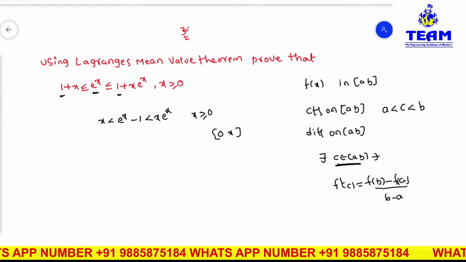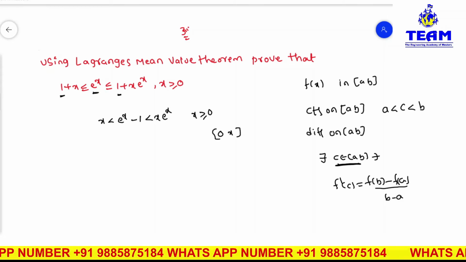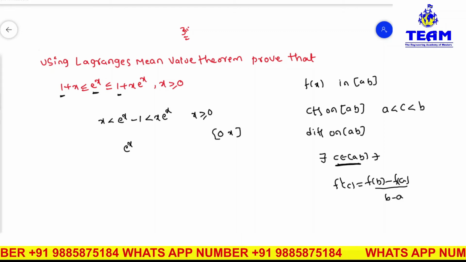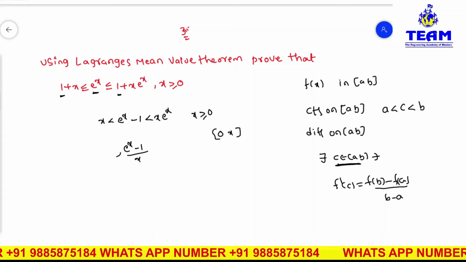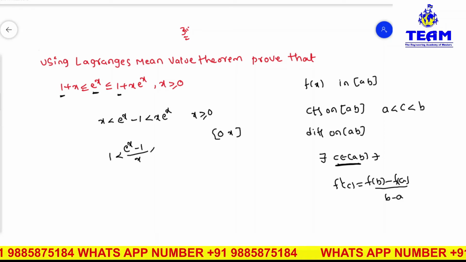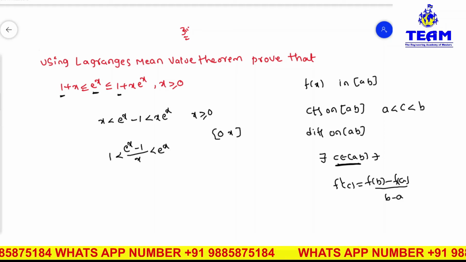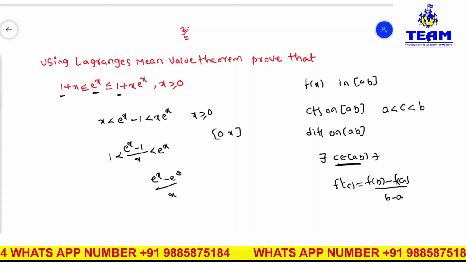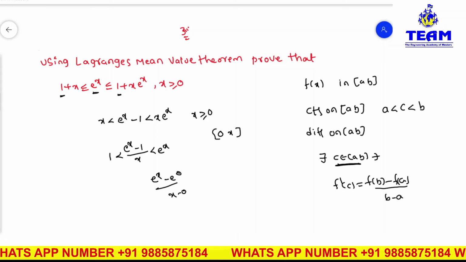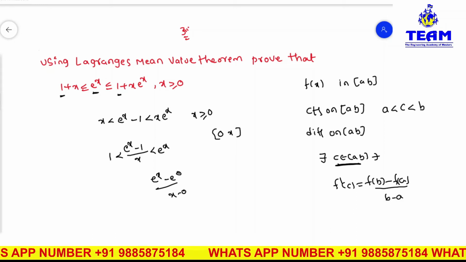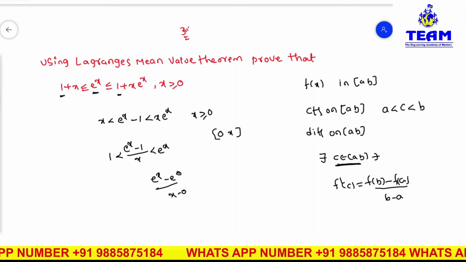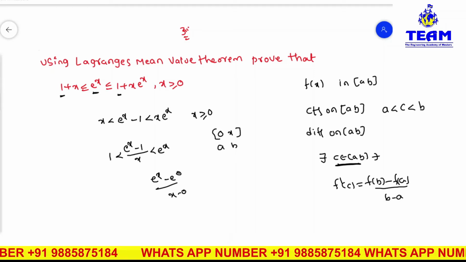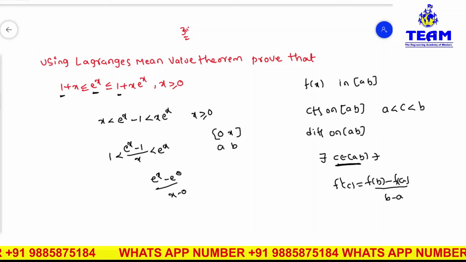Now here you observe, divide with x. Left side you have x term, right side also you have x term. So divide with x. Then you will have e power x minus 1 by x. If I divide with x, you will get here 1 and here you will get e to the power of x. Now you observe this is in the form of e power x minus e power 0 by x minus 0. Compare with this: f of b minus f of a by b minus a, this is like f of x minus f of 0 by x minus 0, if you consider this is a, this is b.